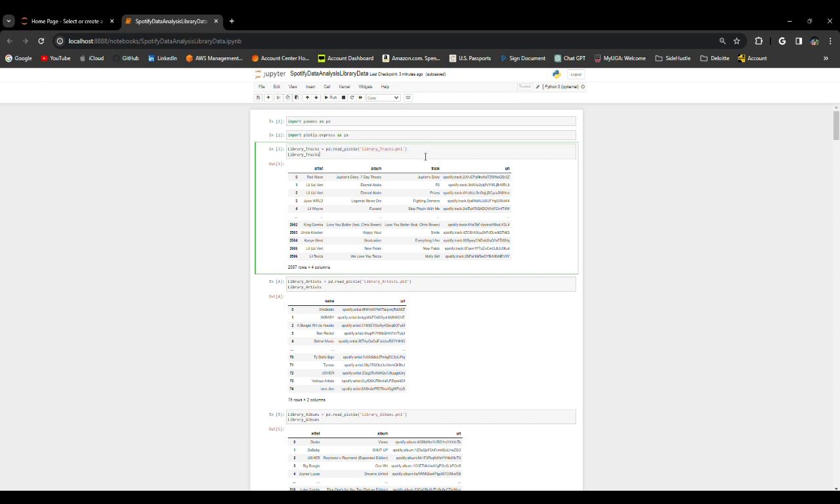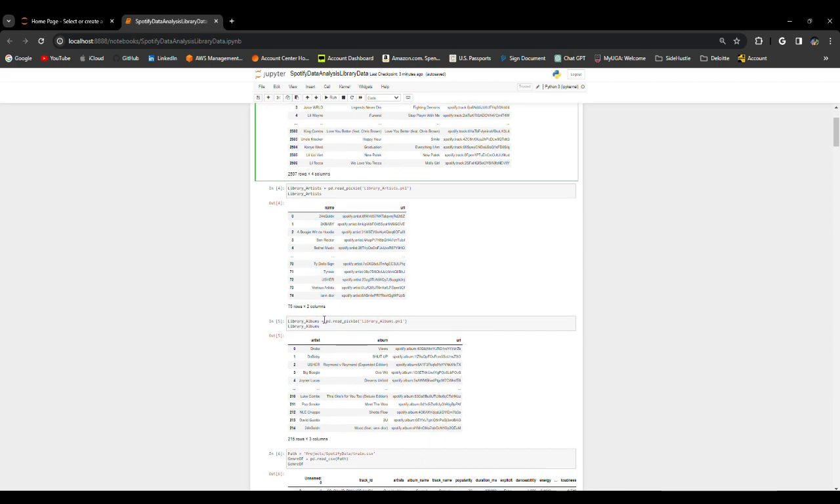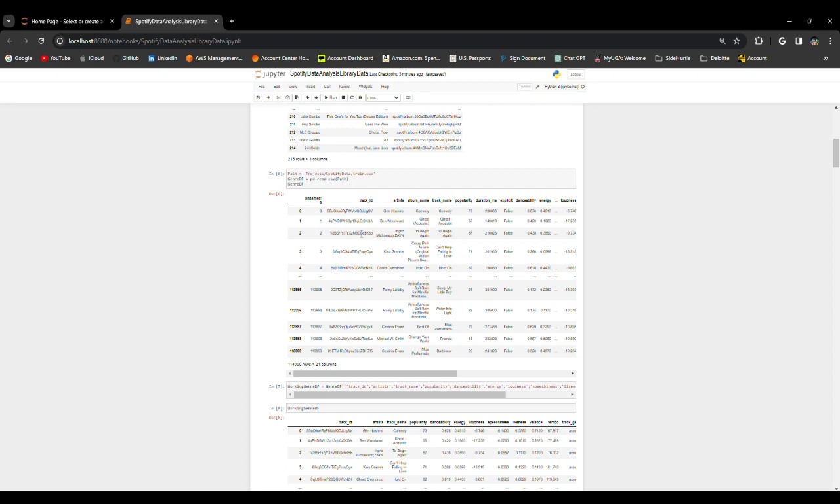As you can tell by the title of the Jupyter notebook, it is Spotify data analysis library data. So this is all the songs, all the artists, all the playlists that I have in my library at the time that Spotify Wrapped 2023 came out, which I believe was in December. At that time, this is all the songs, playlists and artists I had in my Spotify catalog. So you can see here library tracks, library artists, library albums, and then this is a data frame